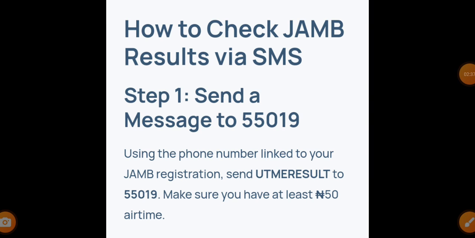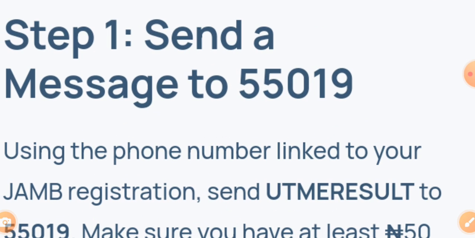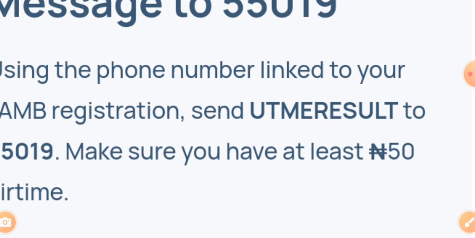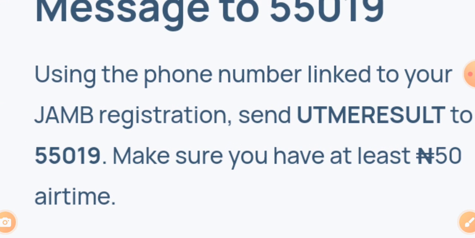Type it on your phone, UTME result. I hope you can see it on the screen. Once you type it, press send, and you send it to this number